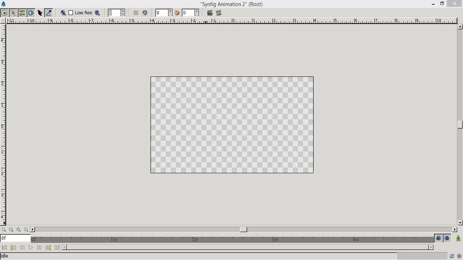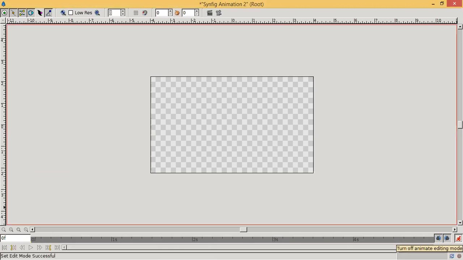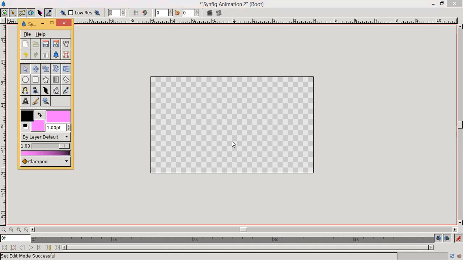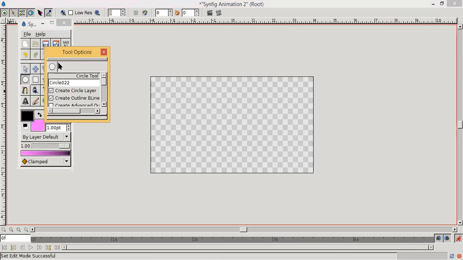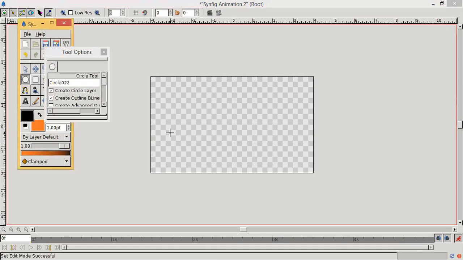From here we will start. As usual, our Synfig is started. Now we are using the Synfig Studio properties tool. Before starting, we must start the animation mode. Without animation mode, we are unable to see the output of our result. After starting animation mode, we will draw a single circle. The color will be here. Whatever color you want to give, select that color. Close this window.